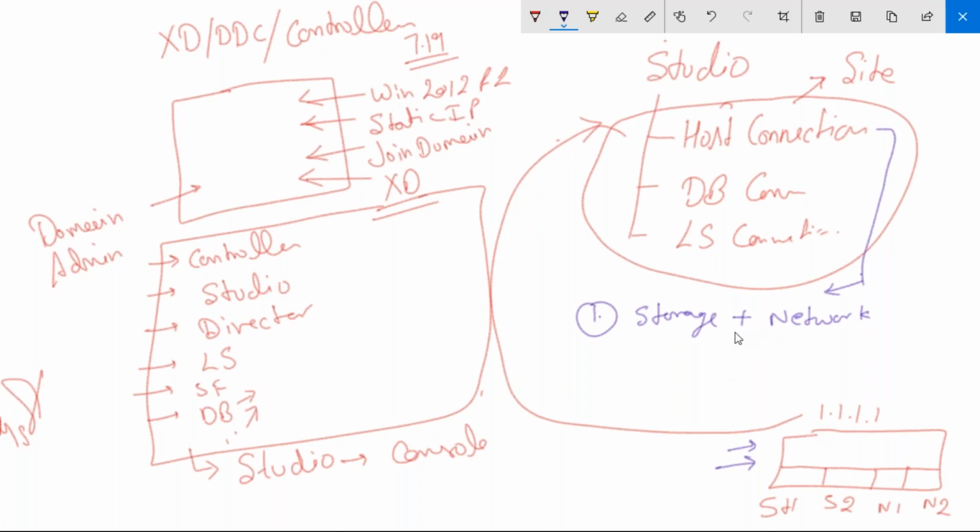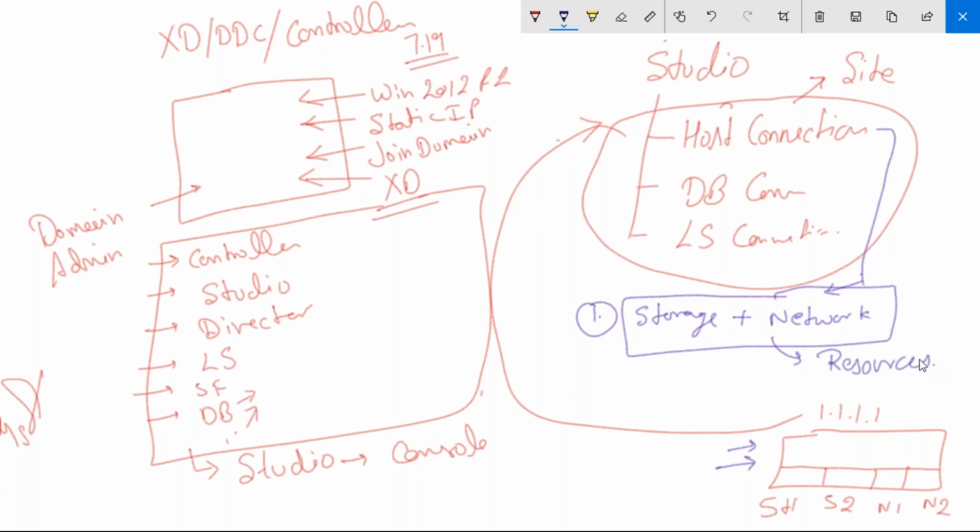So that's why we have to decide which storage and which network card you would like to choose. I will give you an example also, guys. Right now I have two storage and two network cards. So for your virtual machine, which storage and which network card you are going to use is something you have to decide. But for that, you should be in a situation where you understand Citrix in and out. So I will show you here. This combination, guys, is known as